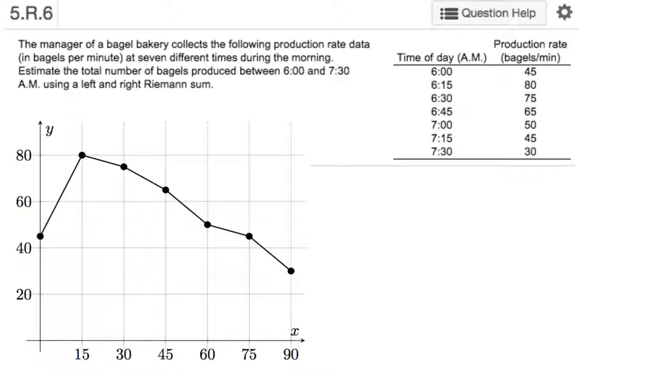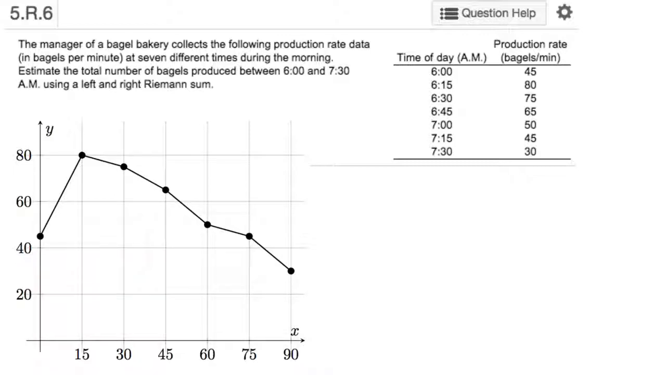Here's the solution to one of the problems from the Chapter 5 review, the integration review. This is one that mentions left and right Riemann sums. The problem starts with a table of data that tells you time of day versus a rate of production of,